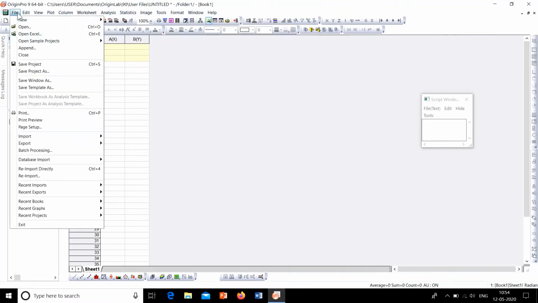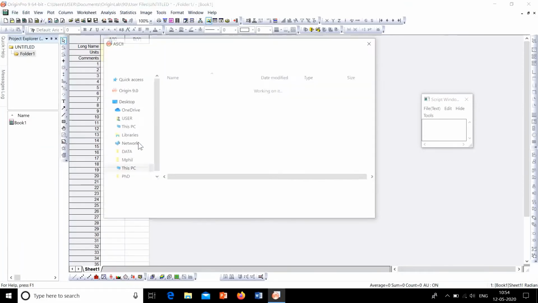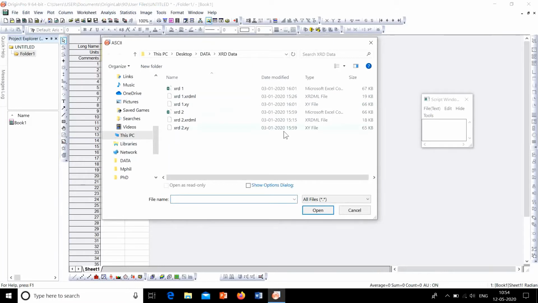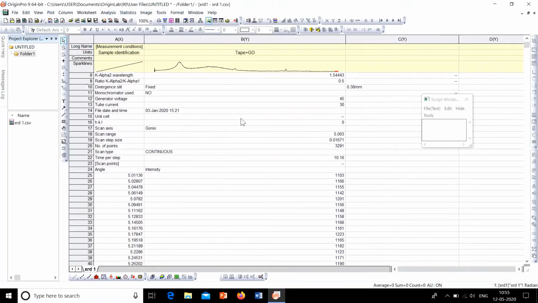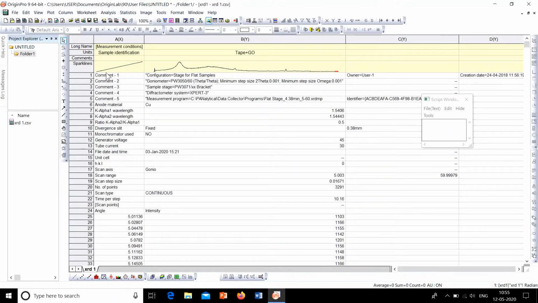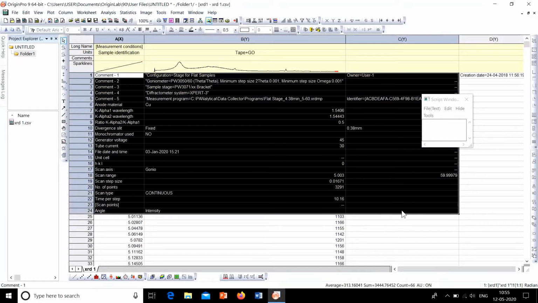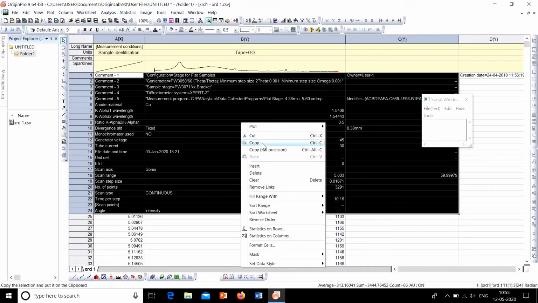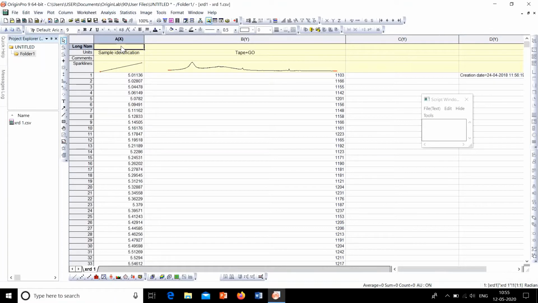So now again go to File, then click on Import, then Single ASCII. If our data is an Excel file, see this XID1 is an Excel file, you can see here. Now click on Open. So you can see that this Excel file is open with lots of data. A simple method is to delete everything above and everything except the data that is available in this workbook. So delete all this.